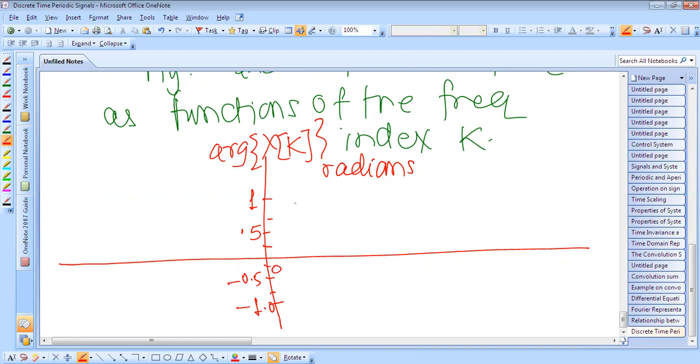So it is 0. So if you substitute all the values on this side, it is a